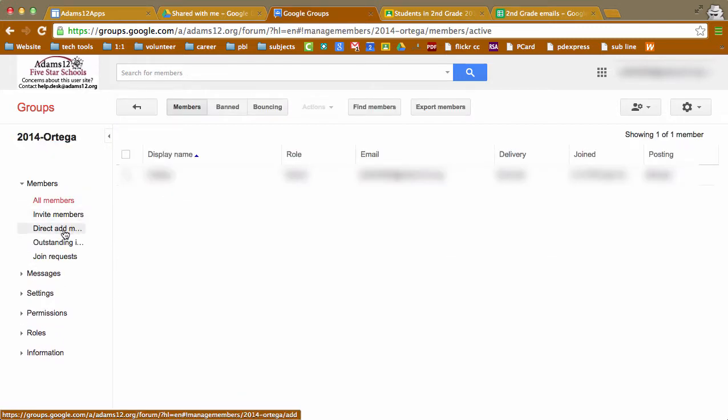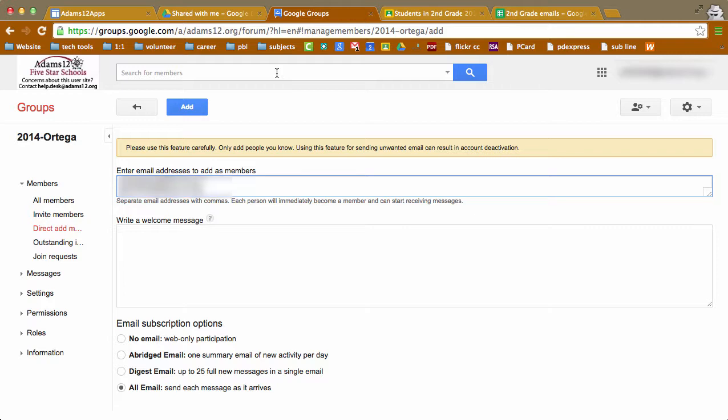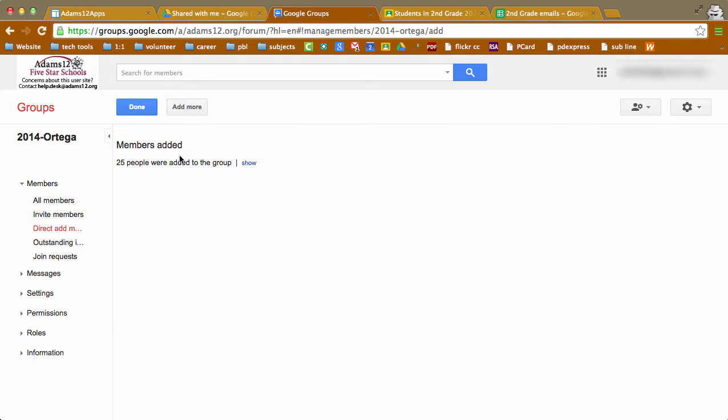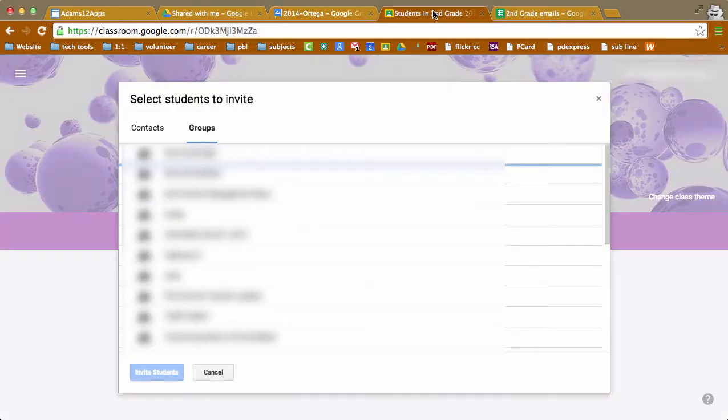And then on the side here you can see we're going to directly add members. Enter email address. Well, I've already copied it from here, so now I'm simply going to paste all of those names in. Control V or Command V if you have a Mac. And I've clicked Add, and there we go. All members were added to the group. So now, when I go back here,